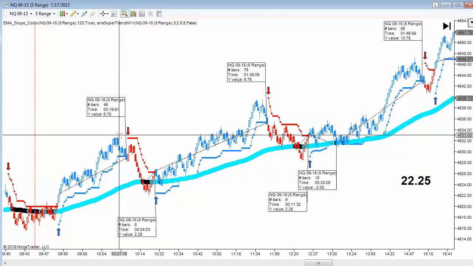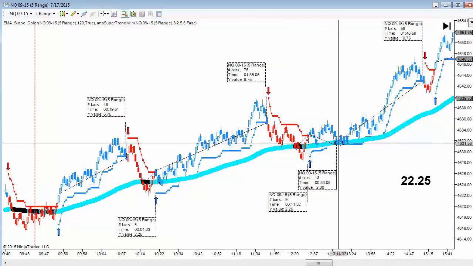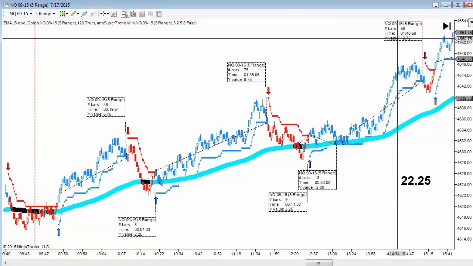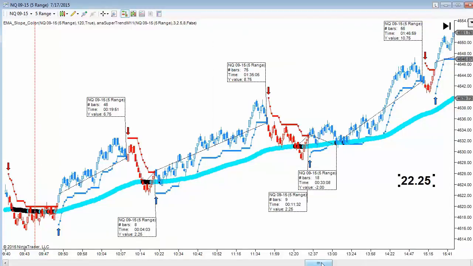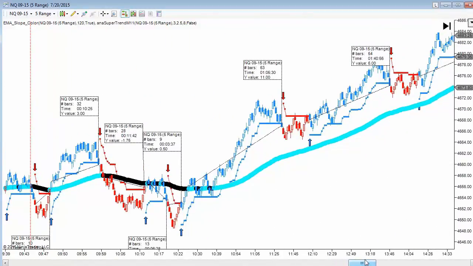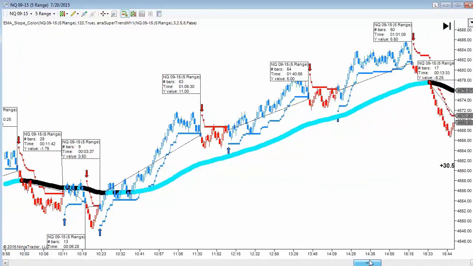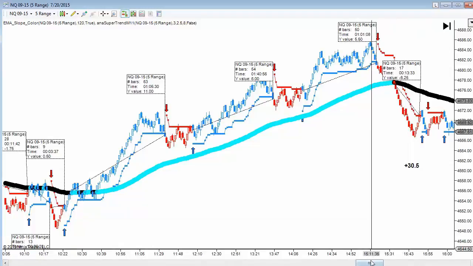And so we have winner, loser, loser, and then a re-entry winner, 10 3/4, for a total of $22.25 at the end of the day. If you follow the same rules again, starting at 9:45 the next day, you'll see a very similar outcome. Very simple rules. Enter, exit, wait for a trend signal, get in, get out. At the end of this day, you're up a total of $30.50, capturing most of the moves available throughout the